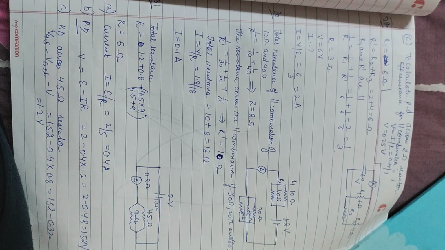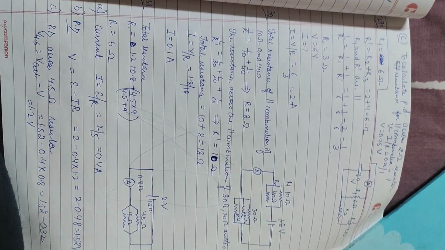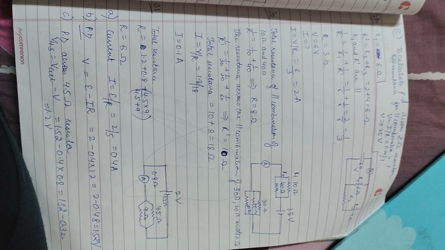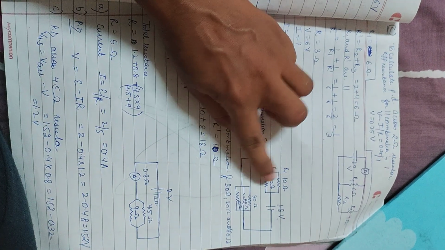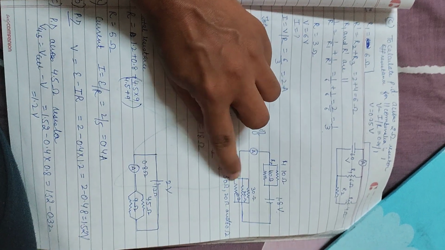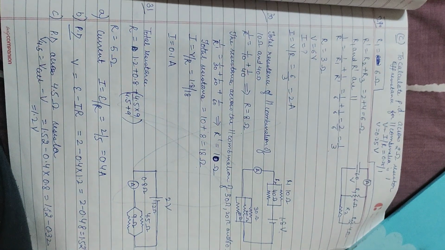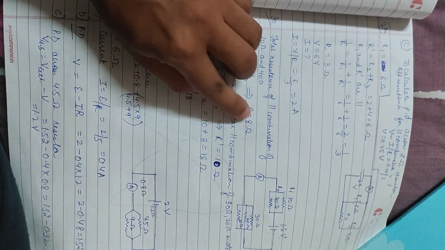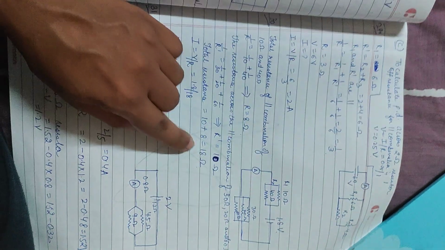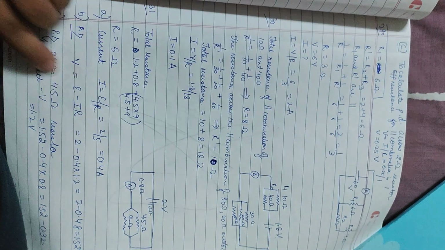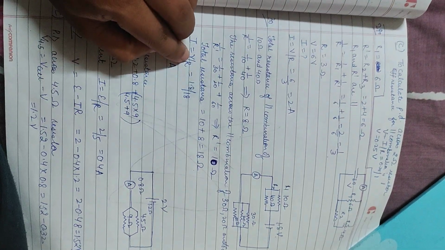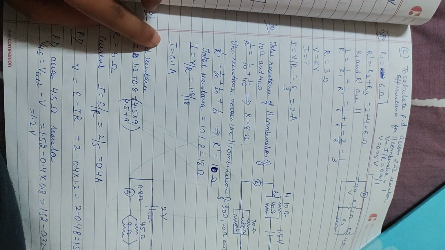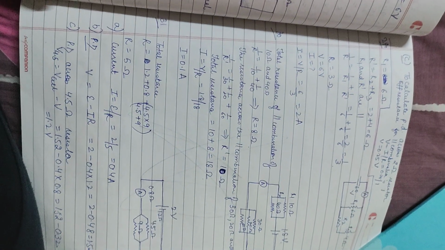Now the 30th question. In the 30th question again a circuit is given to us and we have to calculate the total resistance of the circuit. These two are in parallel, one resistance, and these are all in parallel, one resistance. After solving these two, the total resistance that comes out for this is 8 ohm, in this case it comes out to be 10 ohm, so total resistance is 18 ohm. Now voltage is with you, 1.8, total resistance is with you, so we can calculate the total current I.